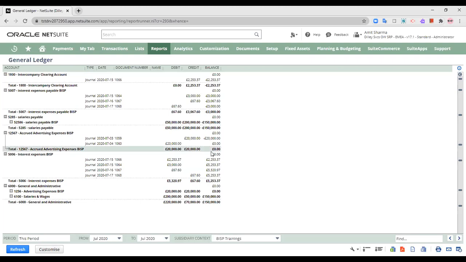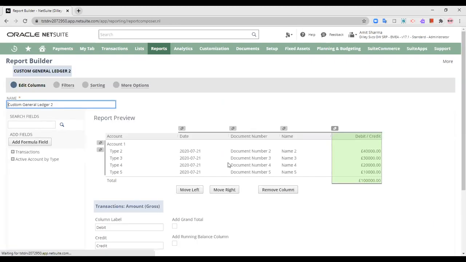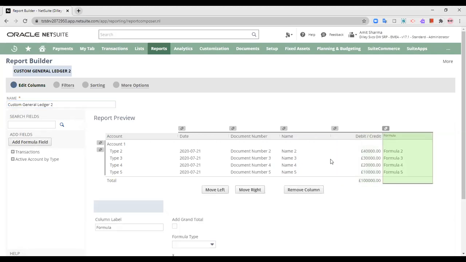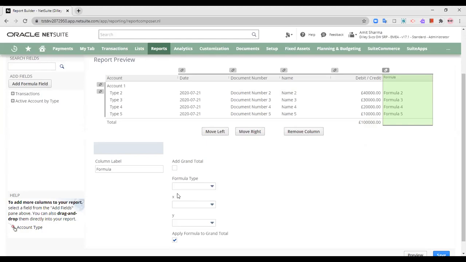Now, as you can see, this GL report is in the reporting currency, that is the GBP. I can also customize my GL report and add formula fields to it. Let's say I would like to add a formula field, such as a sum of all the number fields. If there were 4 to 5 number fields over here, I would like to see the total of all those fields.